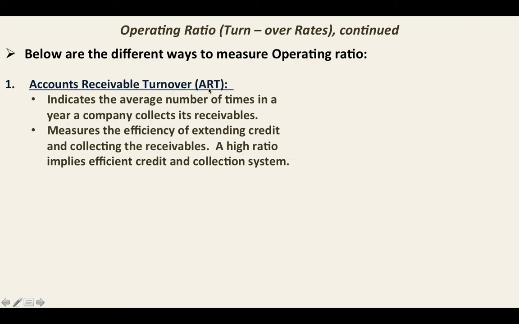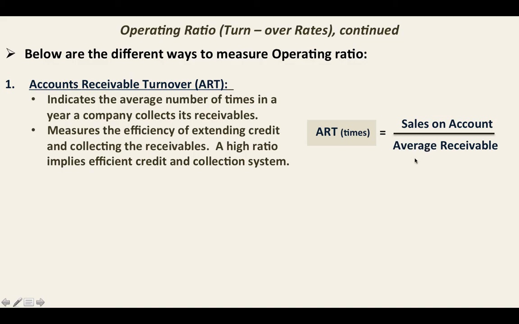It measures the efficiency of extending credit and collecting the receivables. A high ratio implies an efficient credit and collection system. So the formula for accounts receivable turnover, expressed in number of times, is sales on account over